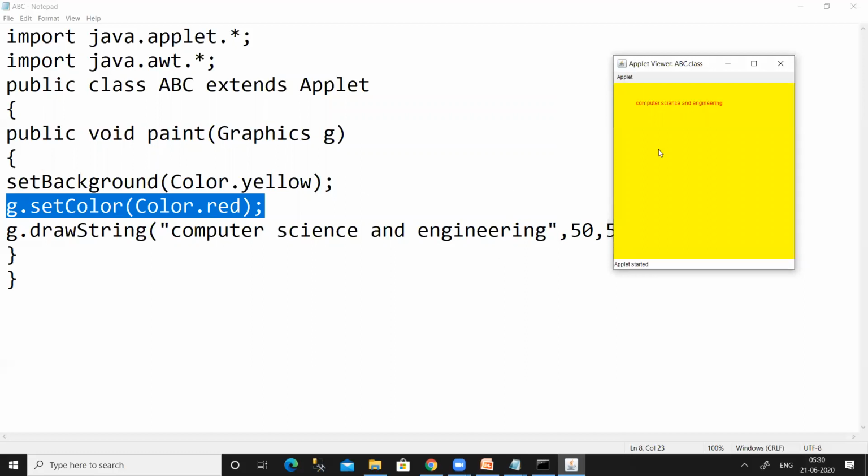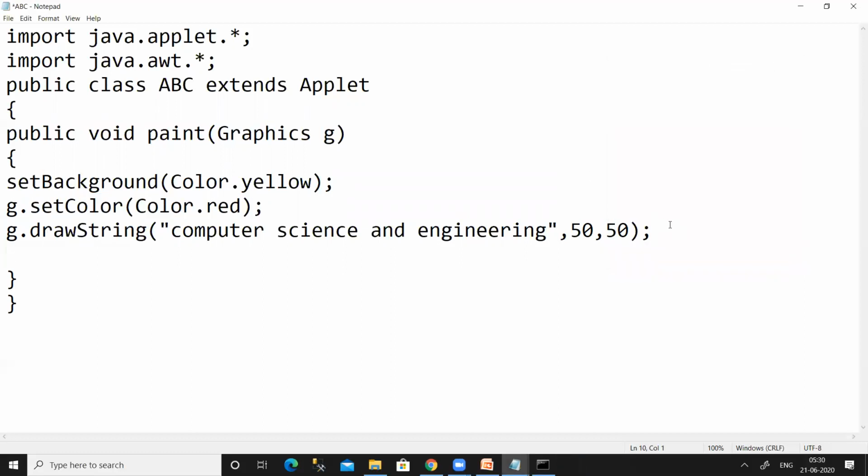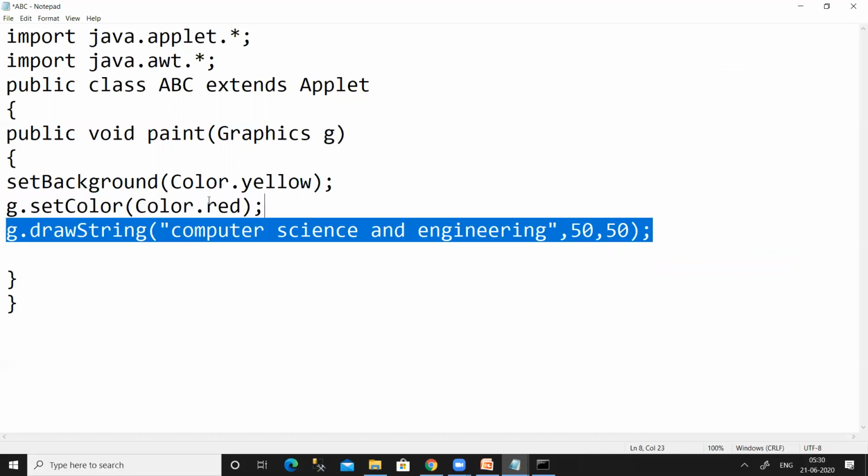For example, I want to have one more color. I want to print the name of our college, Chebrolu Engineering College, in green color.